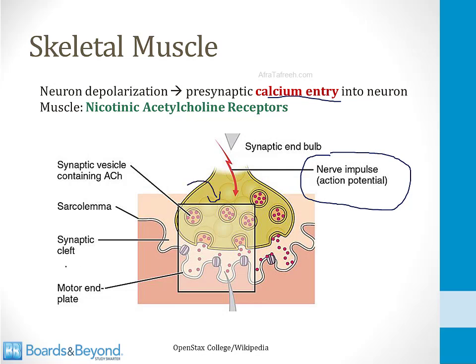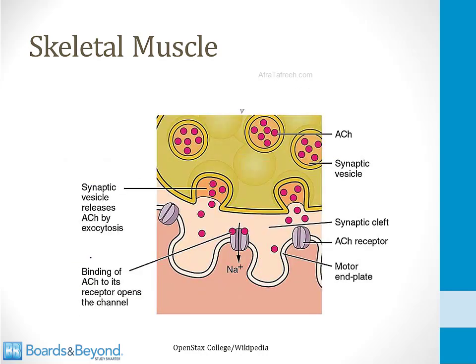The acetylcholine is released into the synaptic cleft, and then there are nicotinic acetylcholine receptors found on muscle cells at the other side of the synapse. This is called the motor end plate. When acetylcholine binds to its receptors, that opens sodium channels and allows sodium to rush into the muscle cell, and sodium is positively charged, so that will raise the membrane voltage, and that's how you get that upswing in the